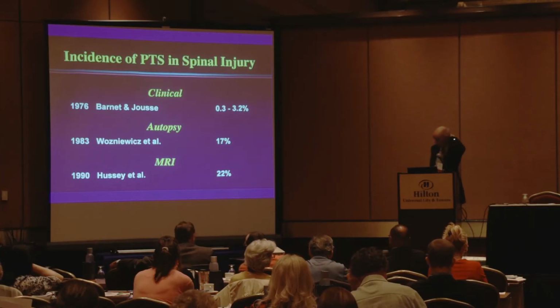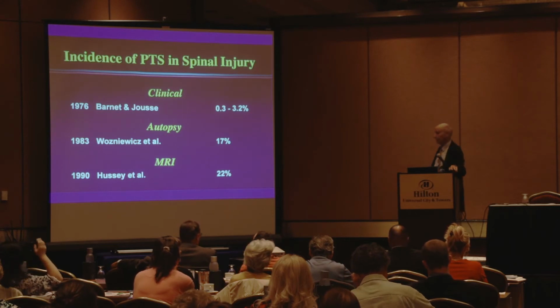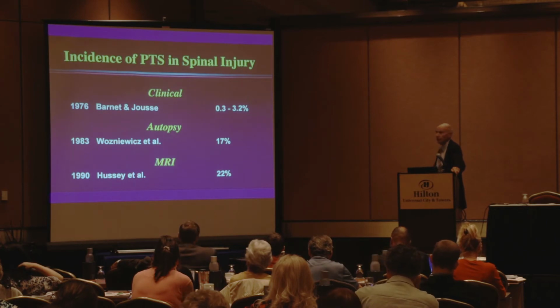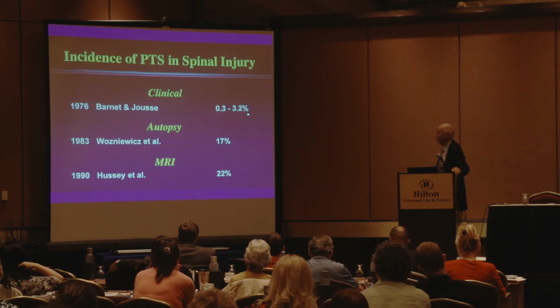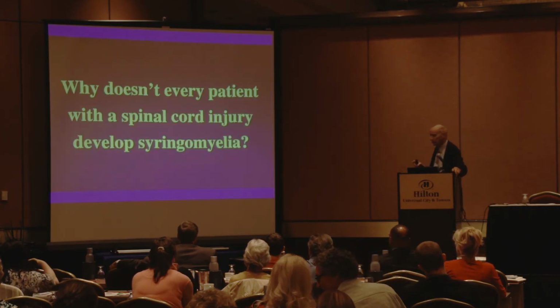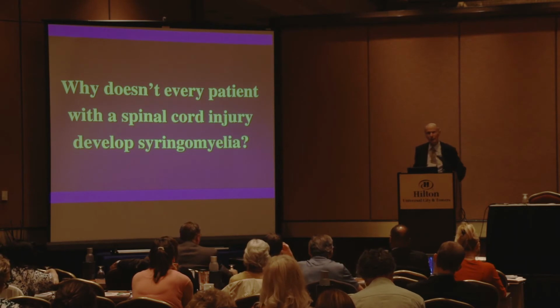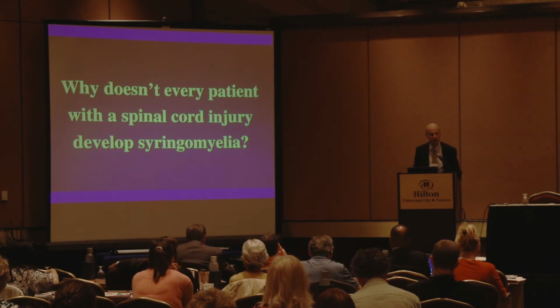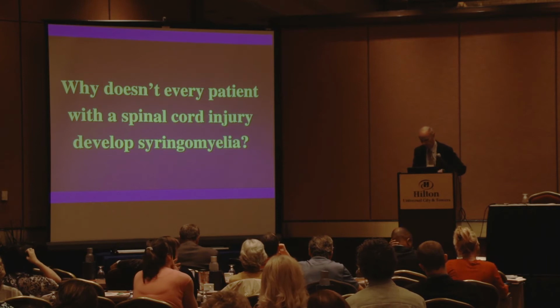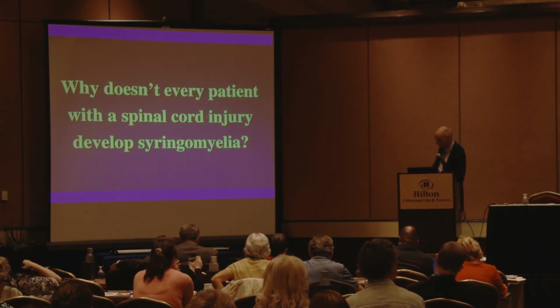An interesting aspect is the incidence of spinal cord syrinx, primary spinal syringomyelia, over the years as our diagnostic abilities have improved. It used to be said to be around 3%, then 17, now with MR, at least 22%. And the question arises, well, why only 22%? Why is it, in fact, that only, depending on your clinical experience, 50 or 60% of patients with Chiari malformation develop syringomyelia? And one of the theories that has been proposed is